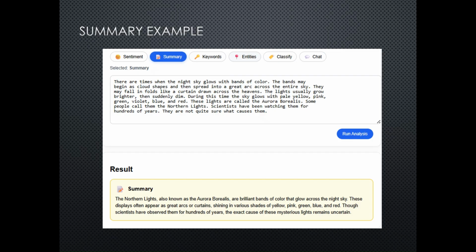Here's an example of the summary feature. Instead of simply truncating the text, the backend sends the full document to Gemini and then instructs the model to generate a 2 to 4 sentence paraphrase summary, and then it returns a polished, human-readable output. And as you can see, the summary is also shown on a highlighted card and stored in the